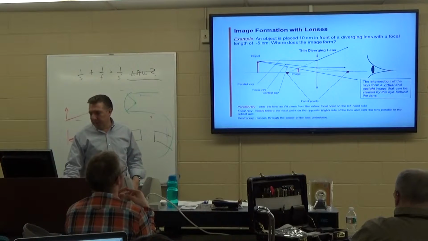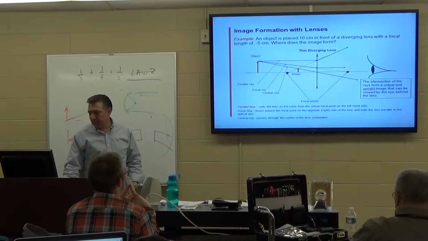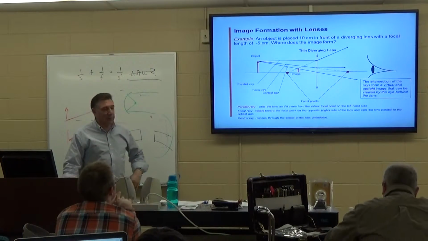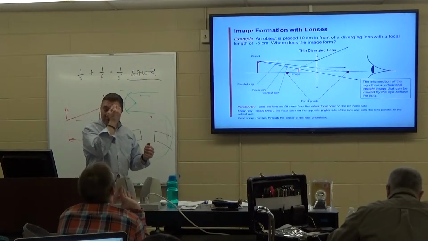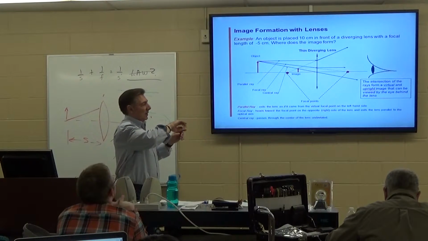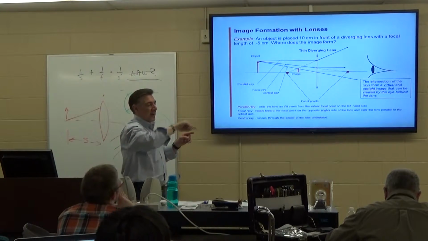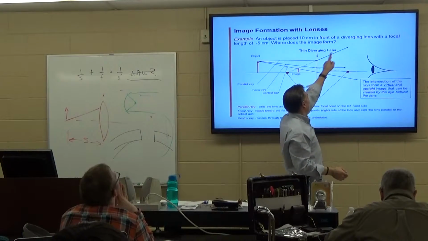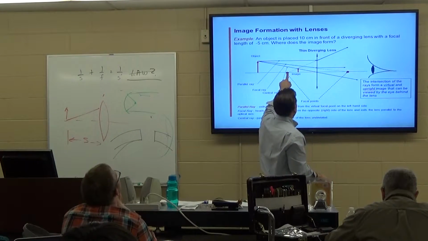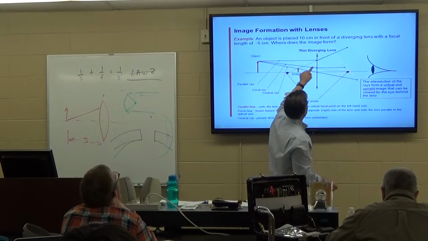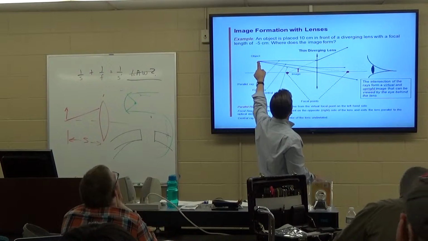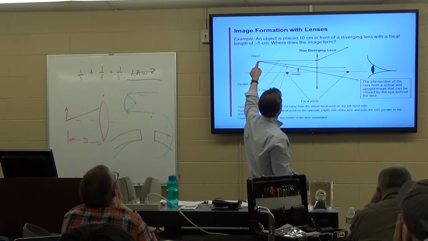If you use a thin diverging lens, the same approach can be used for that. You just take your line and do it the same way you would for a positive lens, except when your lines diverge on the other side of the lens, you just trace them back. So this line comes out, we go like that, and then we trace it back here. This one here goes through the second focal point, trace it back here. This one goes through,